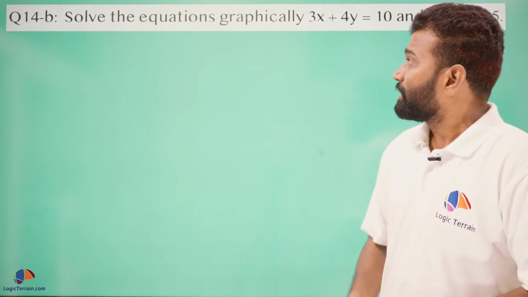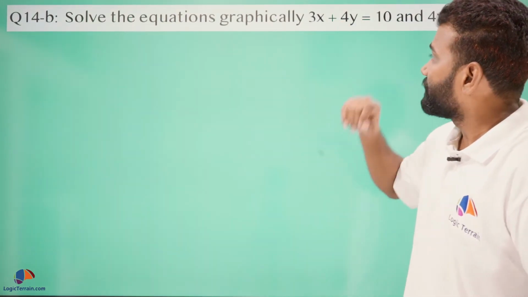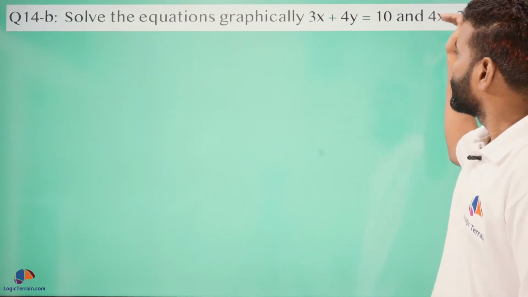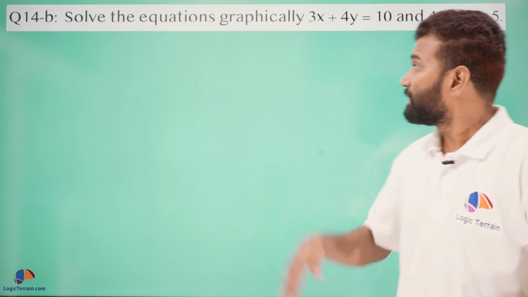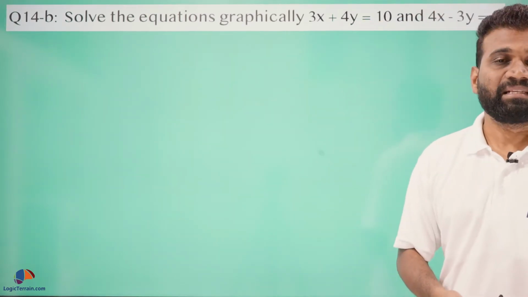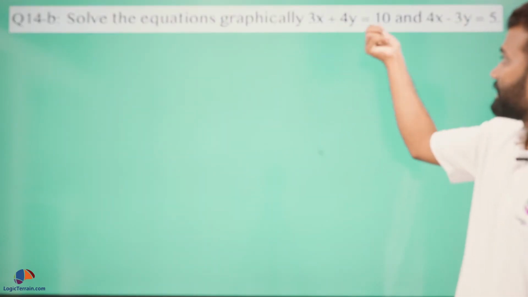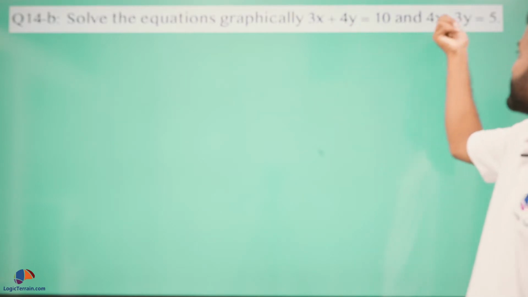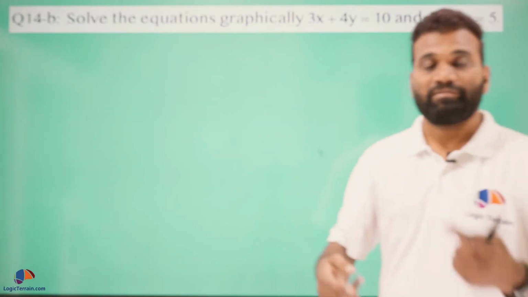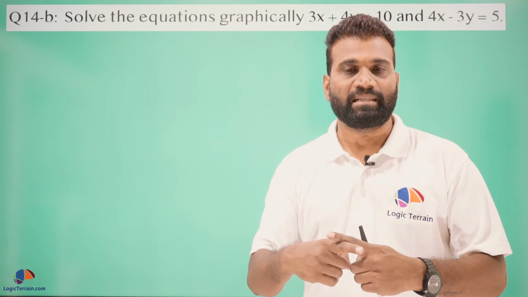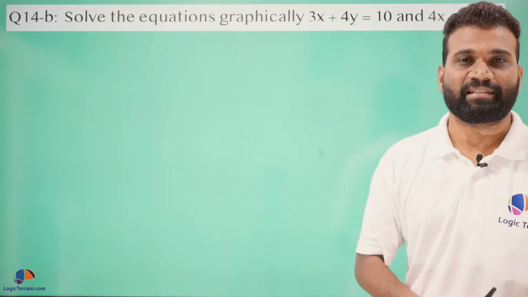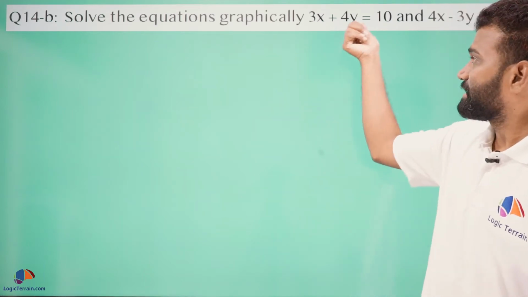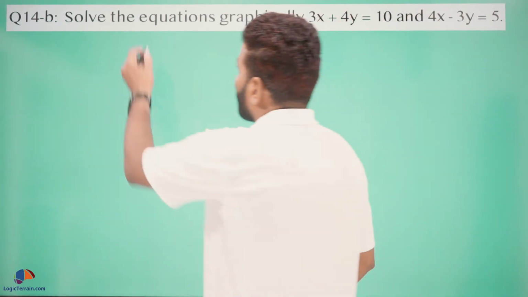Clear? To draw the graph of these two linear equations, we need some points, and prior to that you need to understand a linear equation always represents a straight line. So this linear equation represents a straight line, this represents another straight line, and where these two linear equations meet, that meeting point is the solution of these two linear equations.